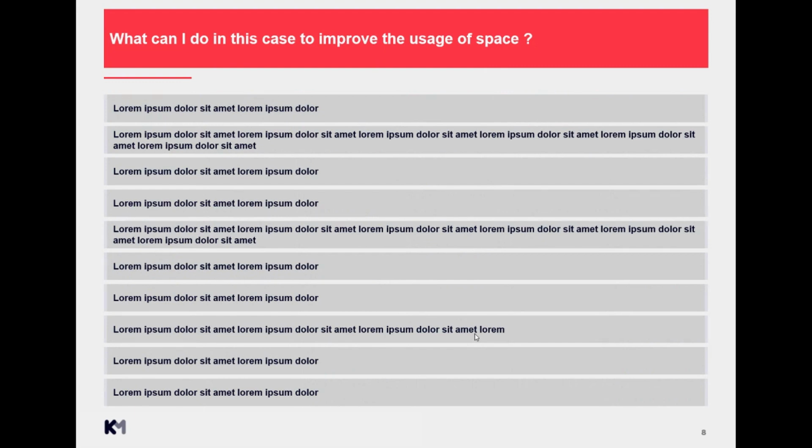Many times we can also see structure like this, where we have a lot of bullet points, each in a separate box, and they are just stretched out throughout the slide frame. This is also not the optimal structure because we have a lot of unused space in these boxes that don't have that much content, and only in a few that have more content the space is somewhat used. And usually just because we have a few boxes with 2 or 3 lines, then we have to go quite low